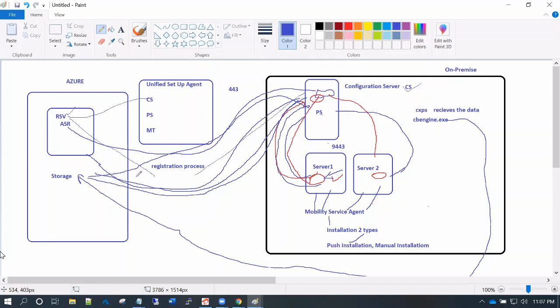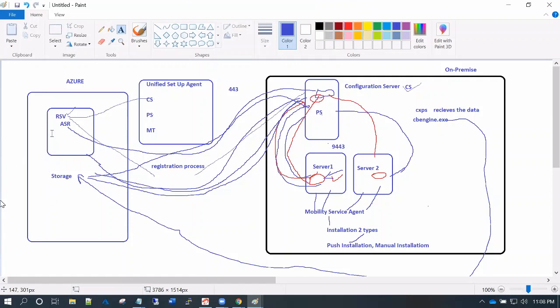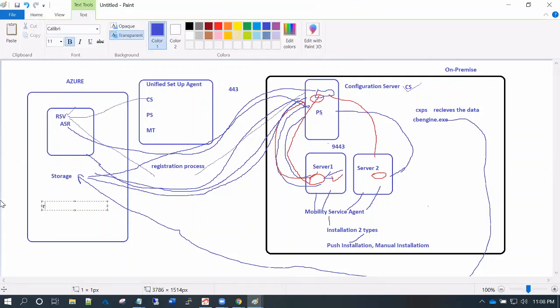Here you might ask a question: this is continuous replication, and as soon as it identifies the changes, it synchronizes the data to Azure. So how do I do a failover? What is the key point that I'm going to use? Exactly. As soon as the replication is completed, in the target configuration settings, we have something called recovery points.